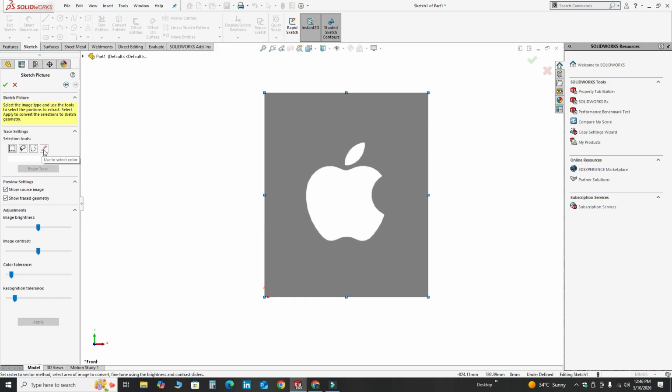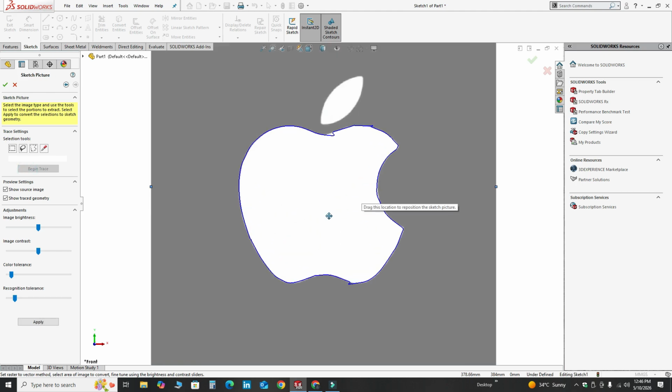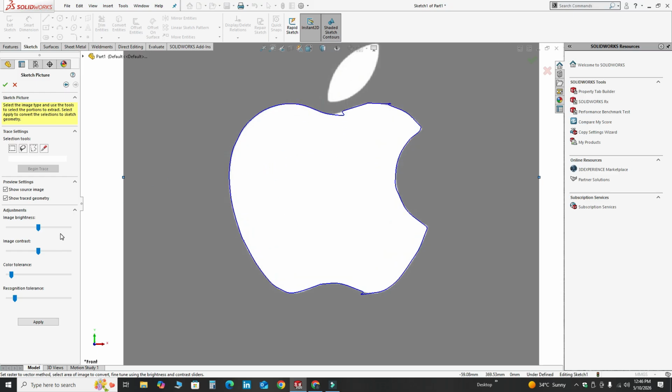So I will select this option, and I have to draw this part first, and then I will draw this part. So I will select somewhere here and select this option, begin trace. Okay. Now you can see it has given me a very rough sketch, but we can control it by using these adjustments or controls.